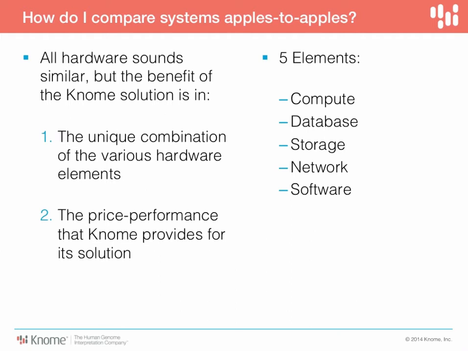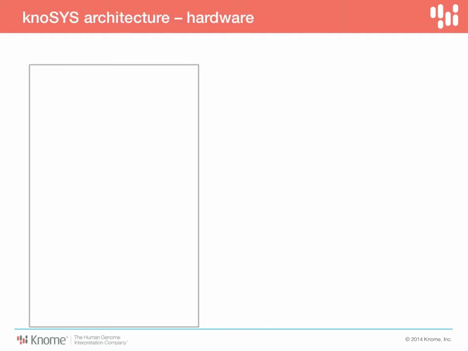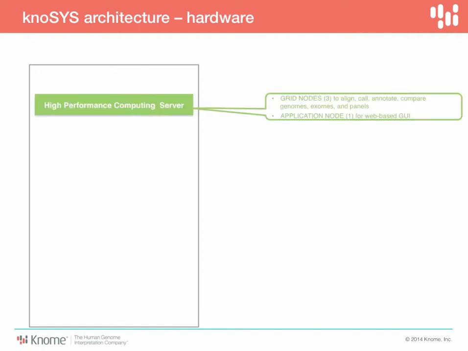So what I'd like to do is just give you a quick overview of how our system's constructed. This is the K100. And this blank outline that you see is actually the outline of a 24 rack unit rack, a 24U rack. So basically what we do is we start with this high performance compute server, which is a 4-node system, has 8 CPUs in it, and today it has half a terabyte of RAM, but can be upgraded to 2 terabytes of RAM for this one node.